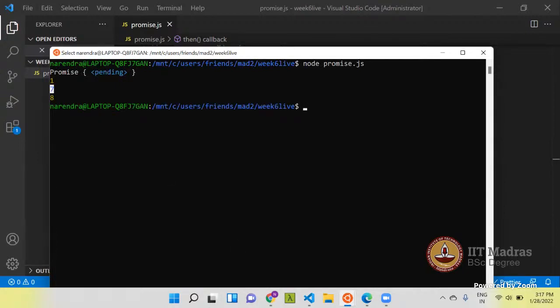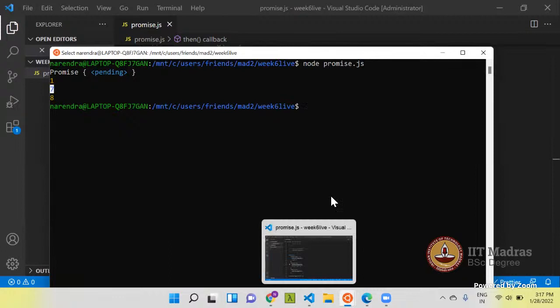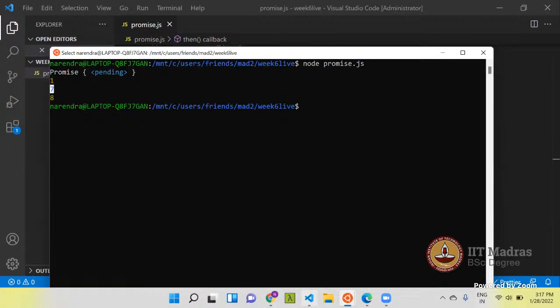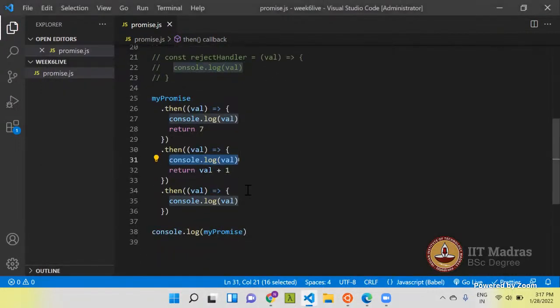See? So whatever you return, the next promise will resolve with that value. I mean, this parameter is the value of the previous resolved promise.